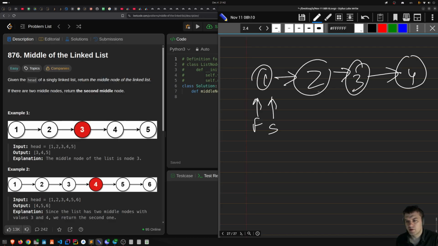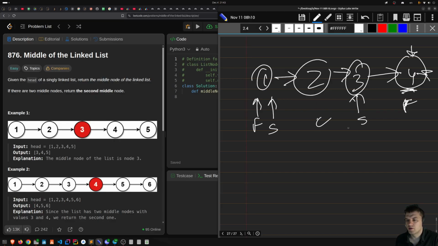I move fast two nodes at a time, slow one node at a time. Fast one and then two. Okay, so I moved it here, fast, and then the next one is none, so I don't move it,